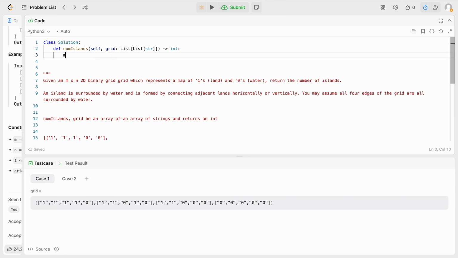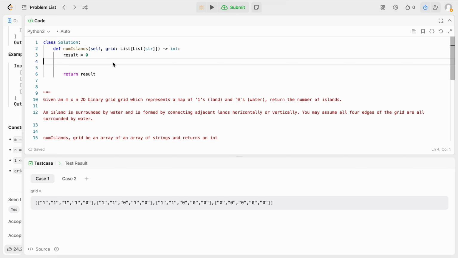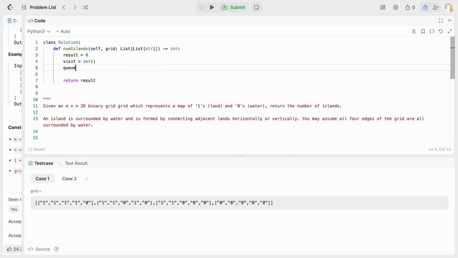Try that out. First thing first, I know I want a result. Return result, right, result being the number of islands. I want a visit set. Do I need a queue over here, or